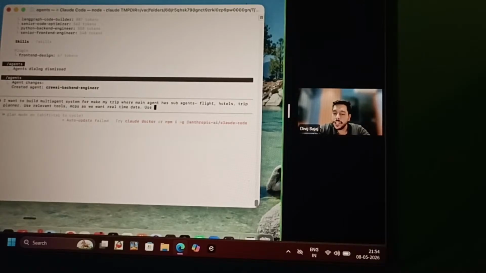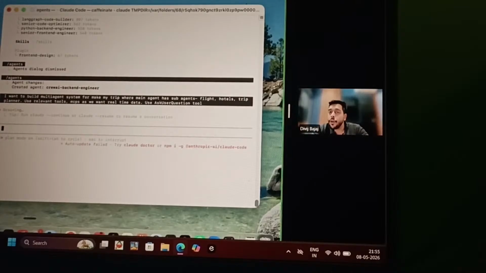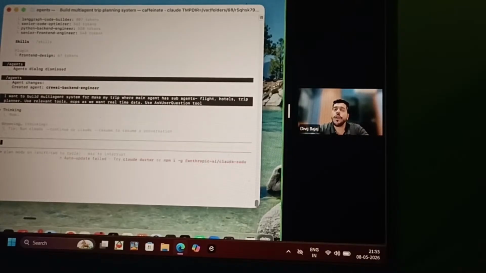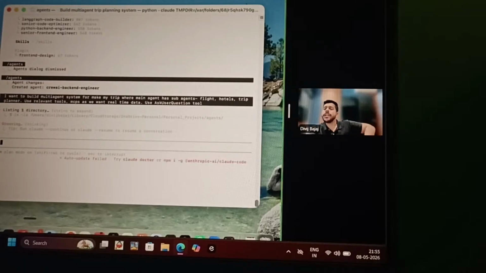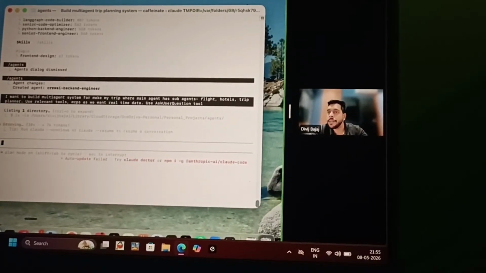I'll show you one more thing, and the best way to operate is, towards the end, give this line: use ask user question tool. This is the tool with Claude, by the way, which helps you navigate all the thoughts, whatever you might have missed. Right? You don't have to give a full-fledged prompt, give a high-level thought. It could be more detailed in the sense that you should tell what is the scope of this application, who will be using it, all of that I need to give,